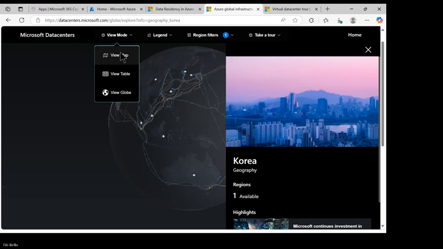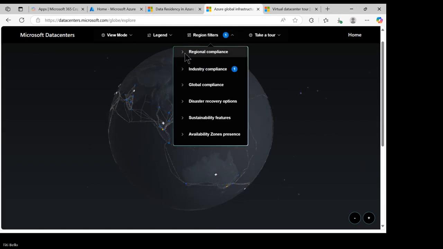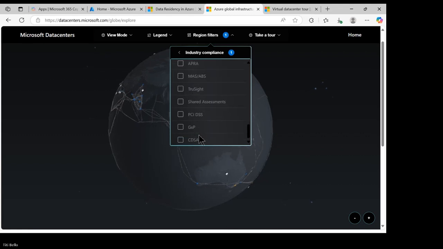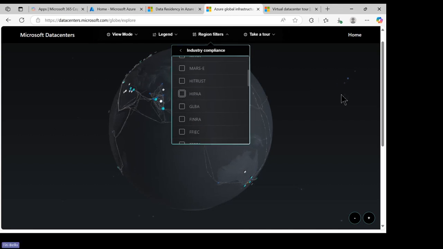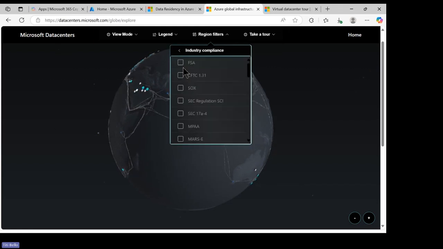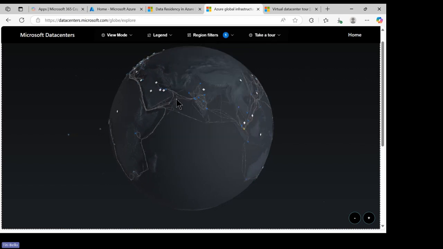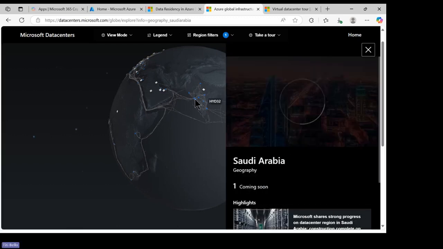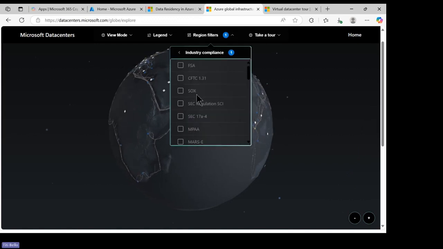View the map, which will be view mode. We are currently on view mode. Okay, I think I see what happened. Under industry, you will select HIPAA compliance. Okay, so that's it. If you notice what happened, it reduced the number. If we uncheck the HIPAA,